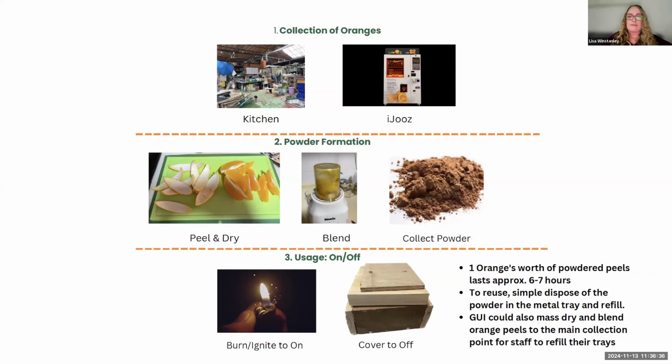Ground Up Initiative has a kitchen. Within that kitchen, they use a lot of oranges. So the peels are usually discarded. What the students found was that mosquitoes really hate citrus. And so they researched and found a method that was already in existence. You can dry your orange peel, blend this into a fine powder, and then this ignites and can be burned like an incense. And then, as I mentioned previously, Ground Up Initiative also have a woodworking educational department that uses repurposed woods from wooden pallets,